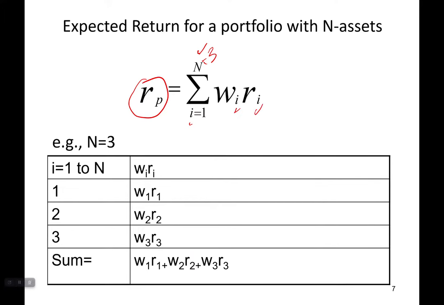So in other words, if you were to count the number of assets, again, say there's 3 assets, we'll call them assets 1, 2, and 3. This sum counter is going to set i equal to 1. When i is equal to 1, you're going to have wi ri is going to be w1 r1. It's then going to set i equal to 2, and then have w2 r2, and then i equal to 3,